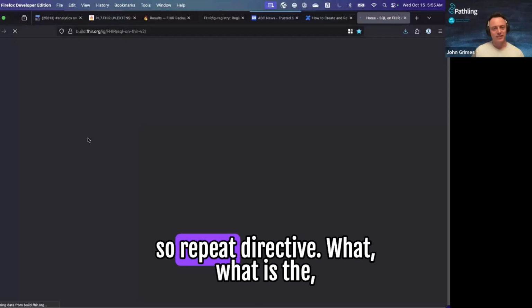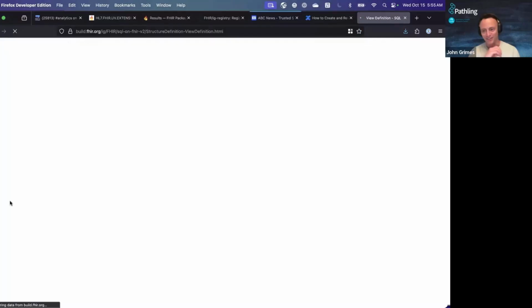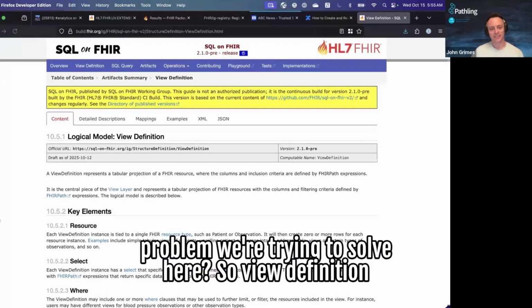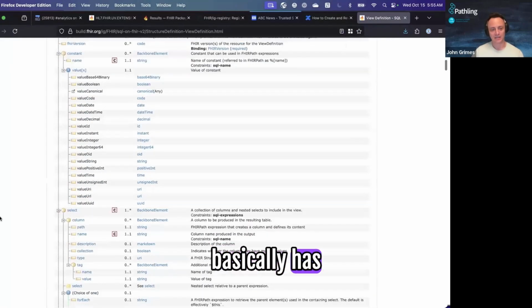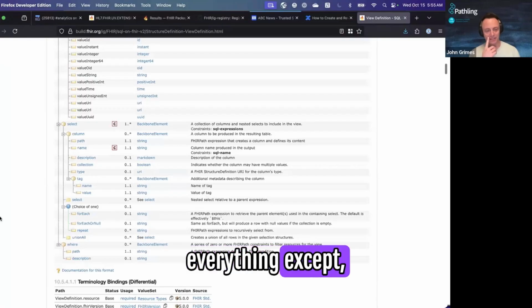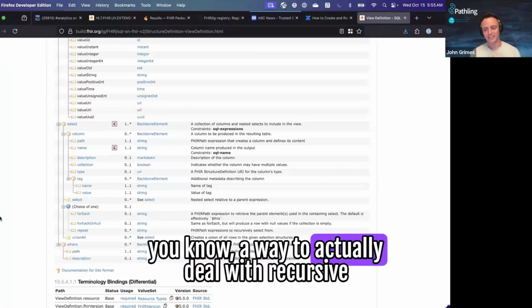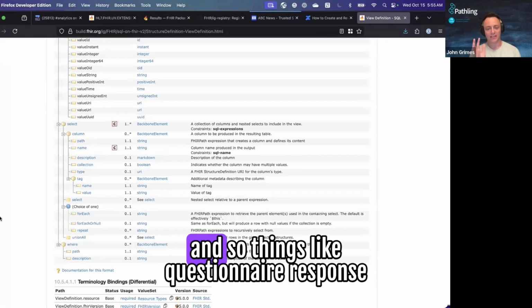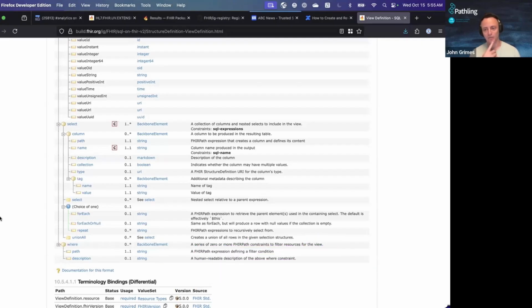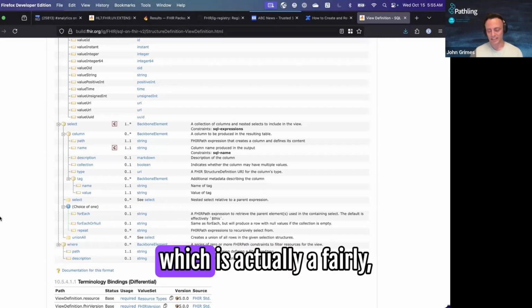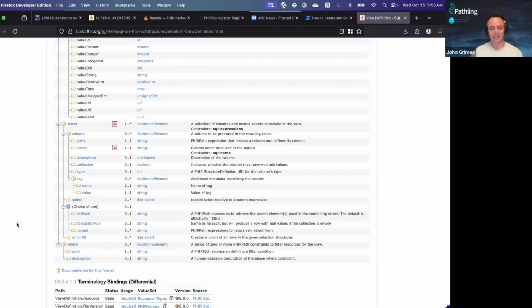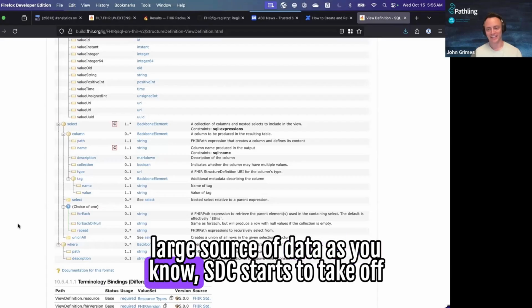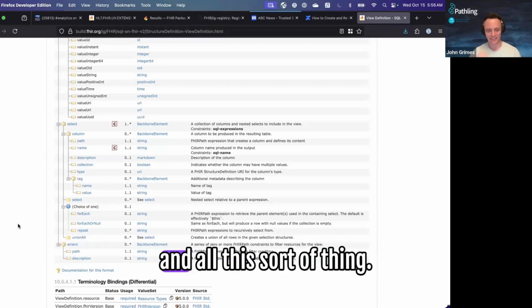So repeat directive, what is the problem we're trying to solve here? ViewDefinition basically has everything except a way to actually deal with recursive structures, so things like QuestionnaireResponse particularly, which is actually a fairly large source of data as SDC starts to take off.